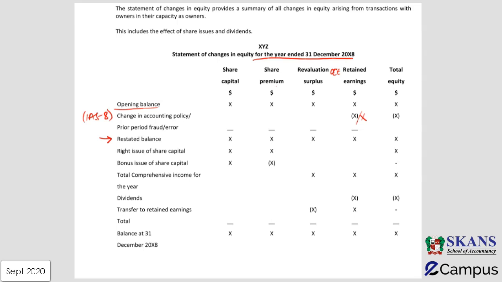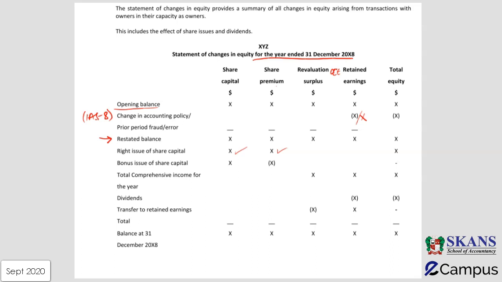Now we come to the accounting treatment of the current year. So step number 1 is the rights issue of shares. In a rights issue, the share capital also increases and share premium also increases. Then in case of bonus issue of share capital, the bonus issue is normally made from share premium or, if required, from the revaluation reserve or other components of equity or retained earnings. It is subtracted from the other accounts and it is added to the share capital account. Bonus issue is always made at par value.